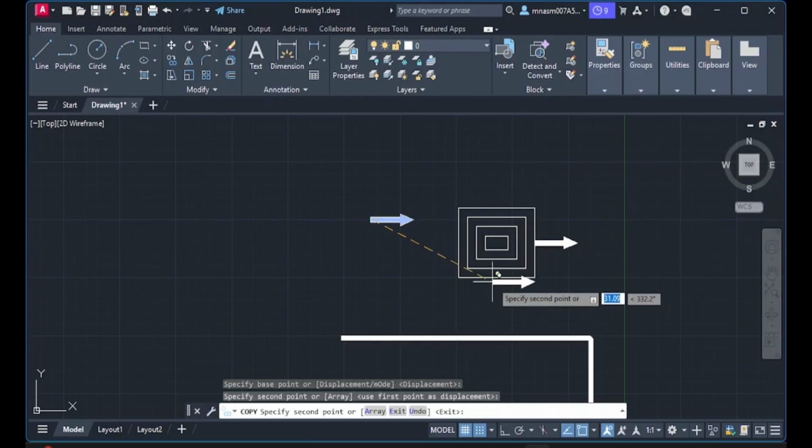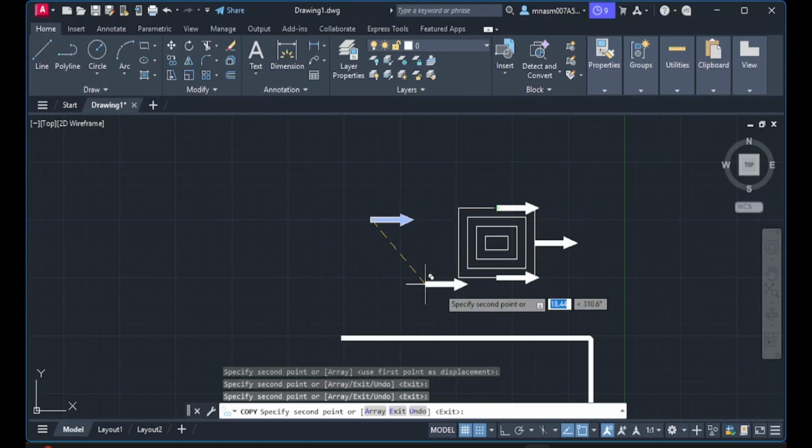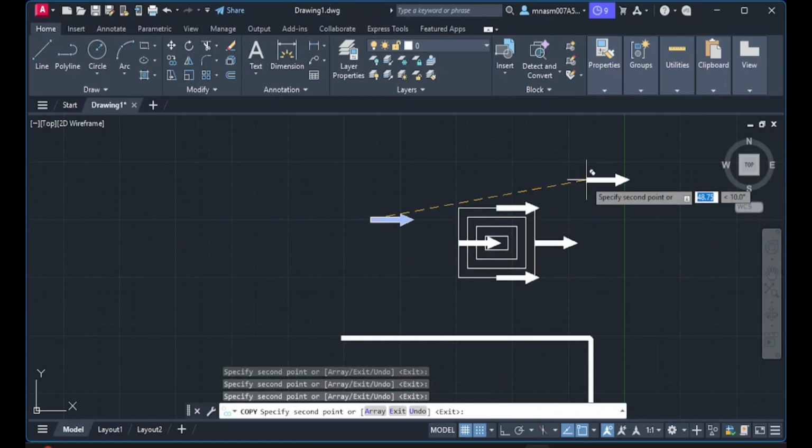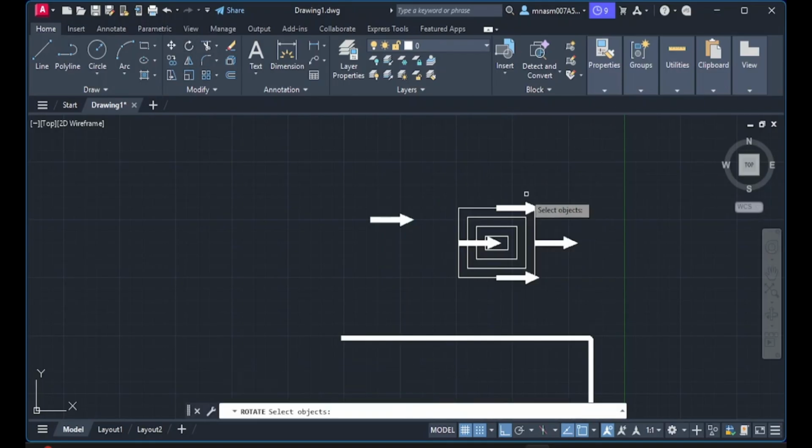Okay, and then I will put one here, and one here, and one here, and now I have to rotate these. Using the orthogonal commands I can rotate it by clicking here, or the arrow command, take this one, and enter, and then taking this point, and then this one, right?